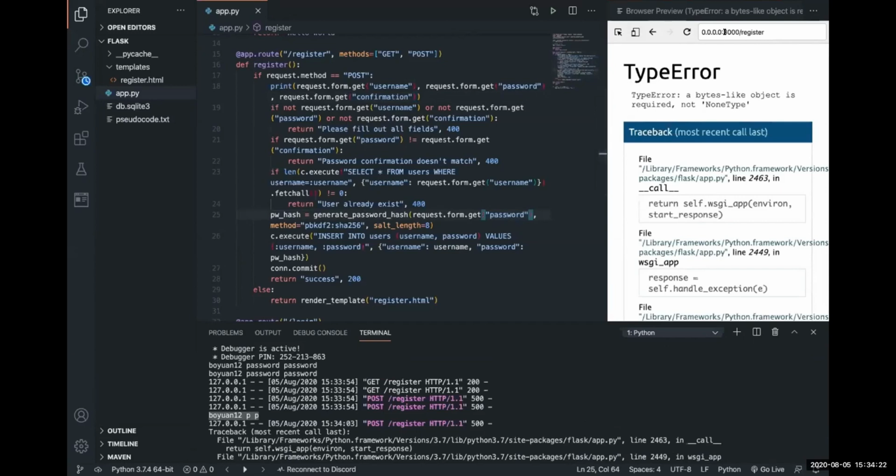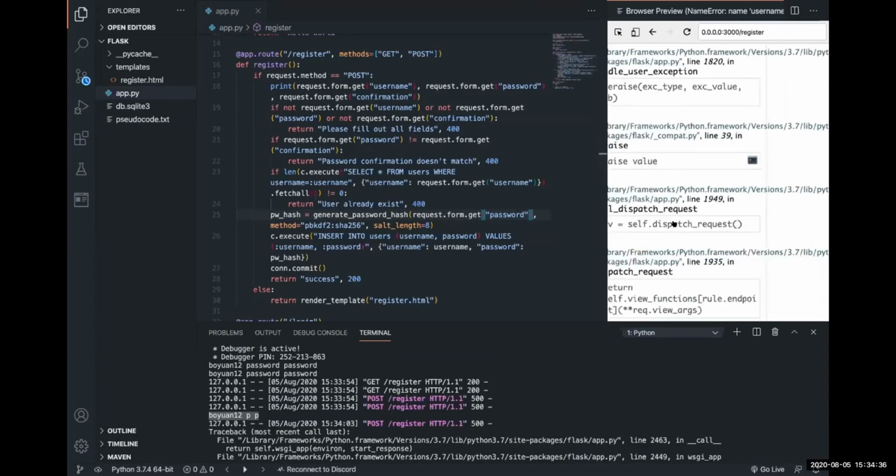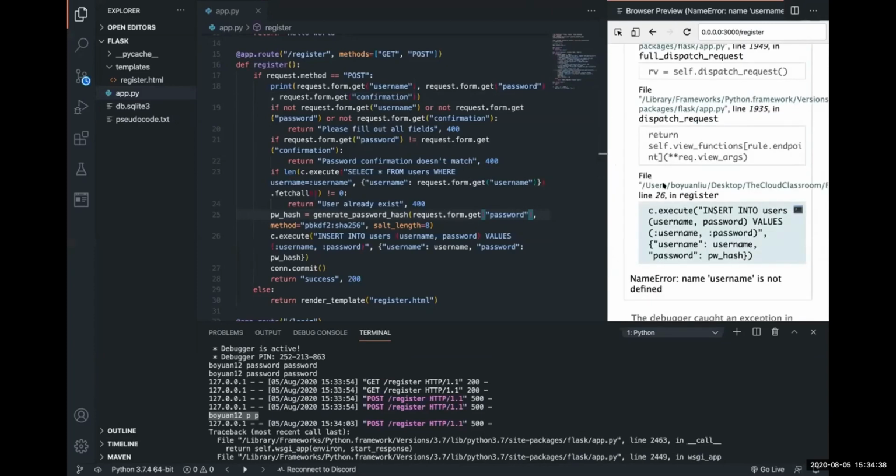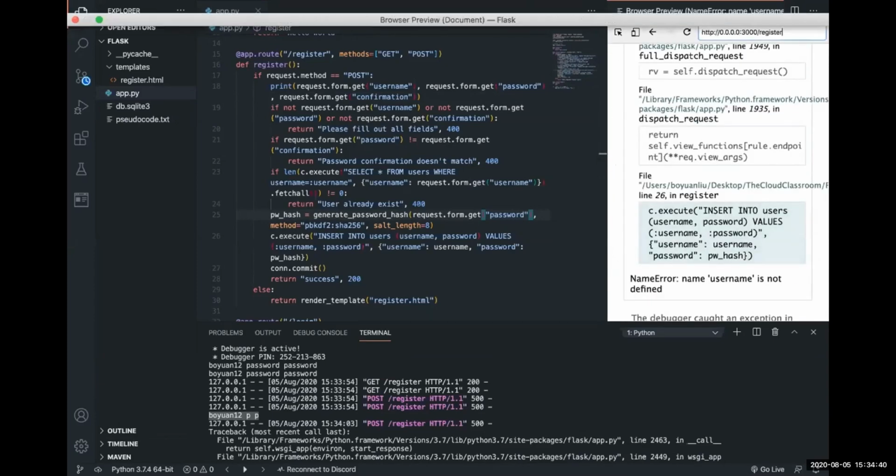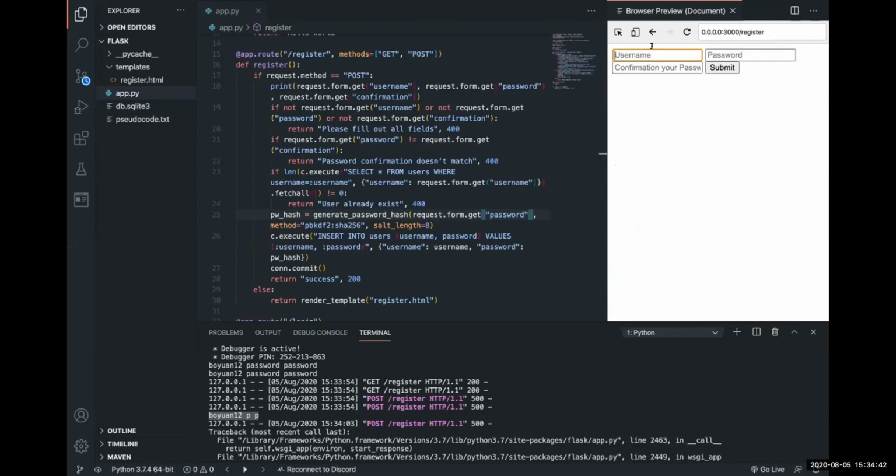Type an S, so it's not a NoneType anymore. It's a string. Because now if you try to refresh again, name username is not defined. Okay, there we go. So here, if I just try to register again,